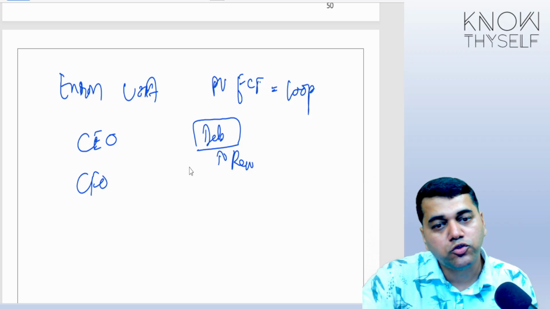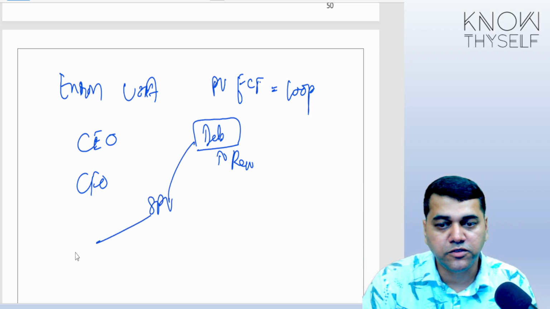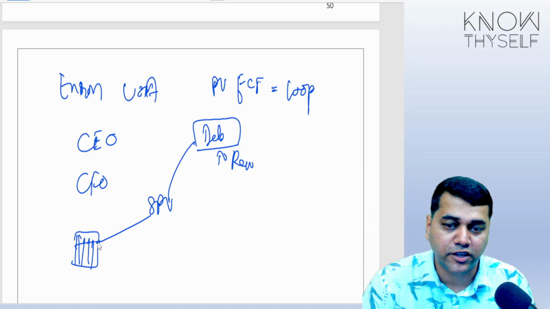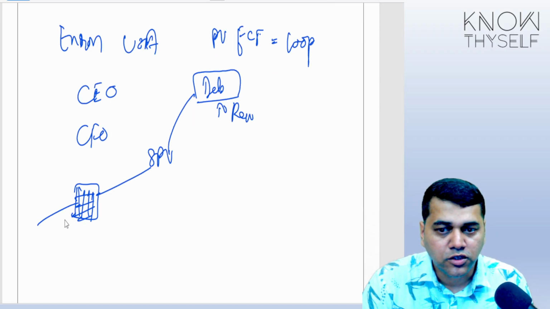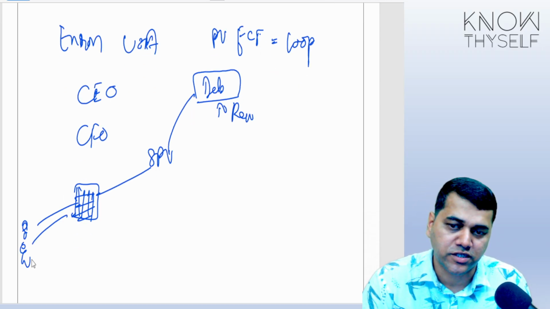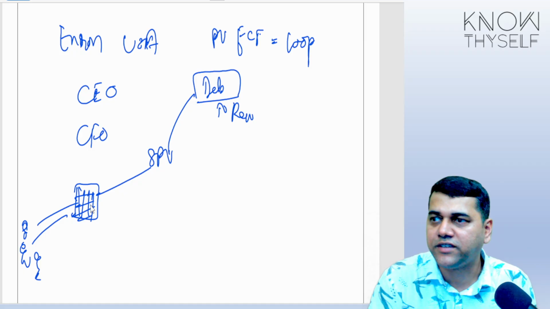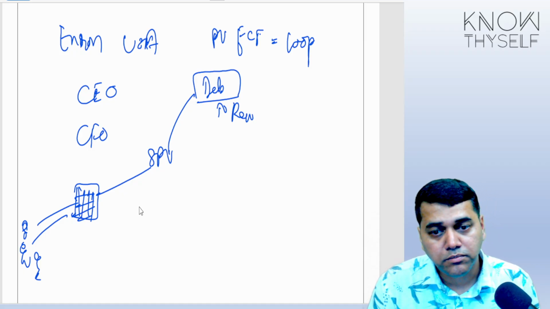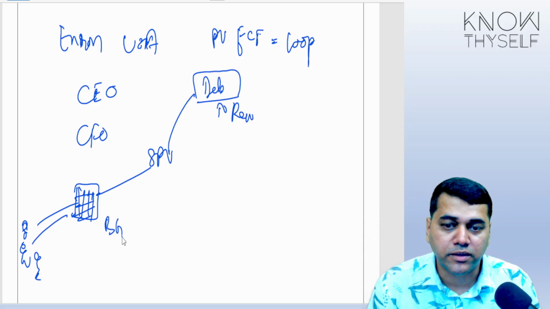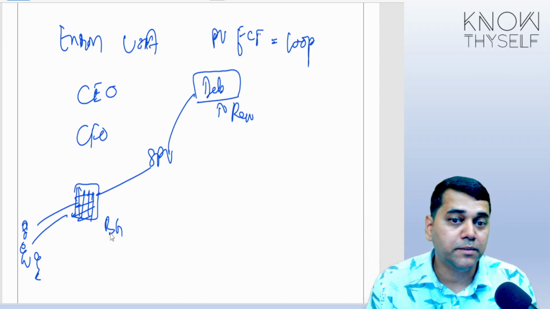So what they did, they sold it to a special purpose vehicle. And the special purpose vehicle did something called securitization. And they sold these pieces to so many local investors, small investors, individual investors. Now, why would individual investors buy a securitized debt from unknown debtors? Enron gave the bank guarantee for them. That means if these are all our debtors and they don't pay, I will pay. Now, they trusted the bank guarantee.